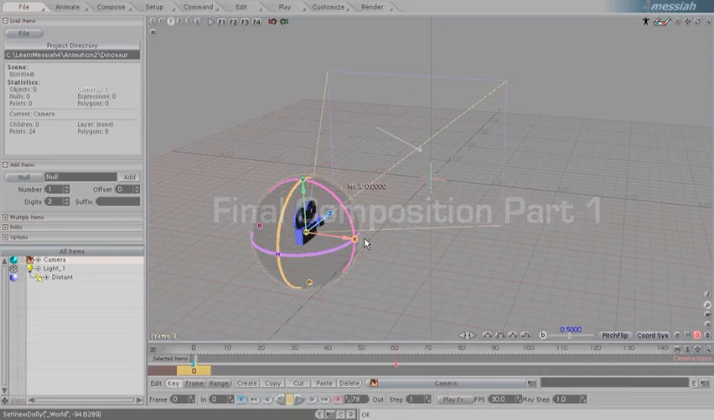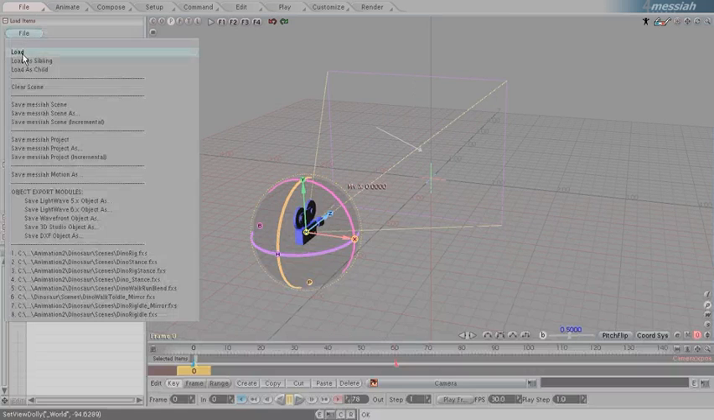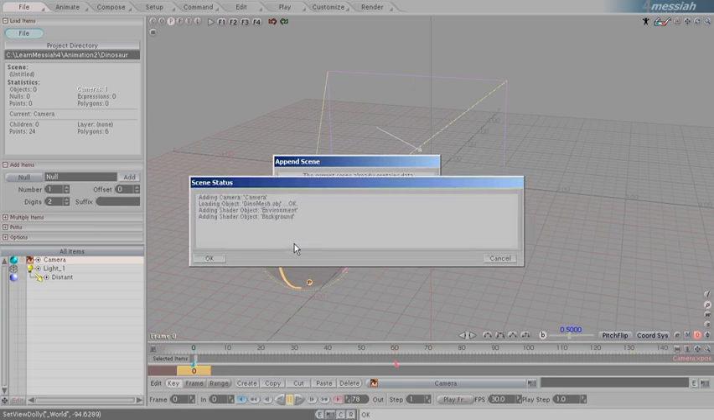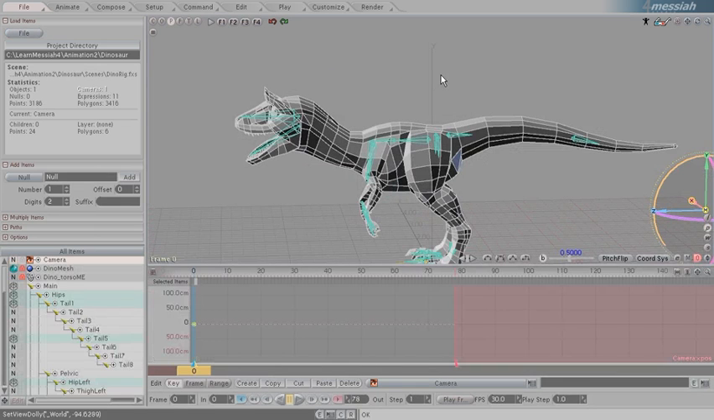In this video we're going to set up the final composition. All of the animation clips that we've been doing and the techniques that we've shown will get assembled into a final comp and should appear to be one seamless animation. Let's go to File and Load from the Scenes folder DinoRig.fxs, our default rigged character that our clips will get